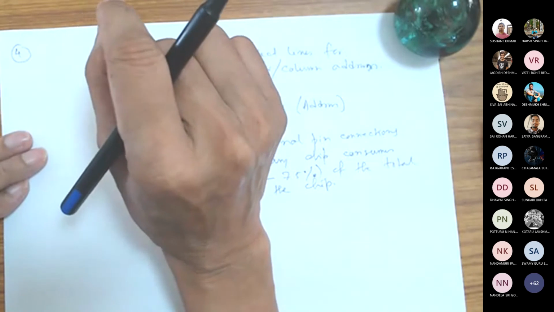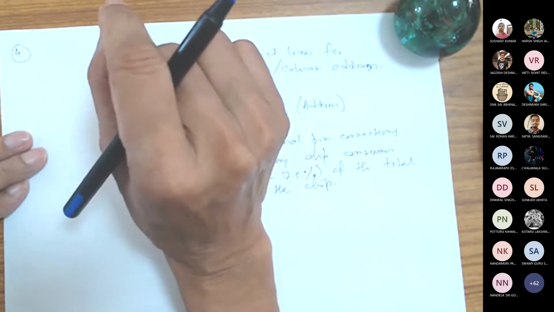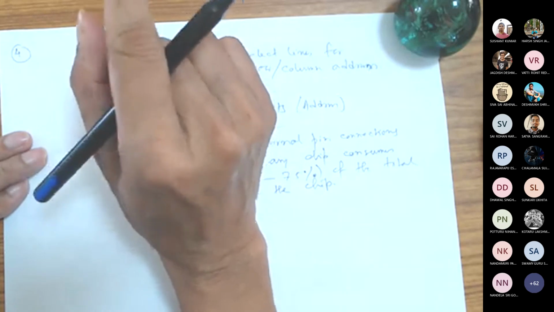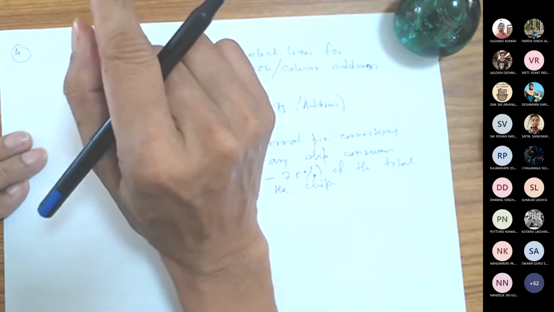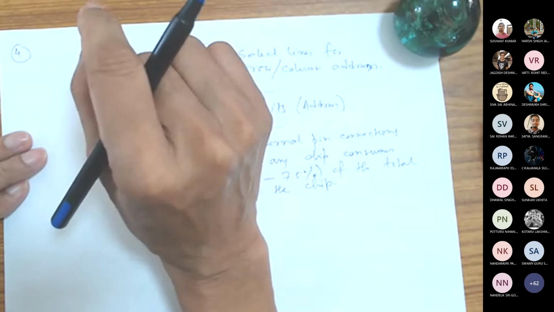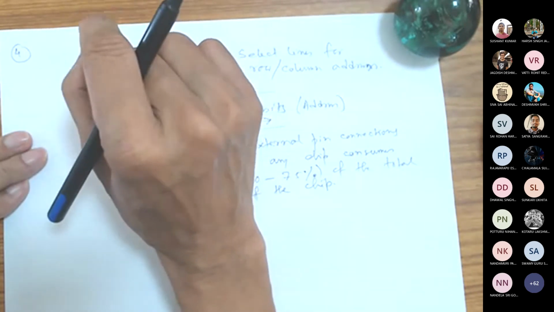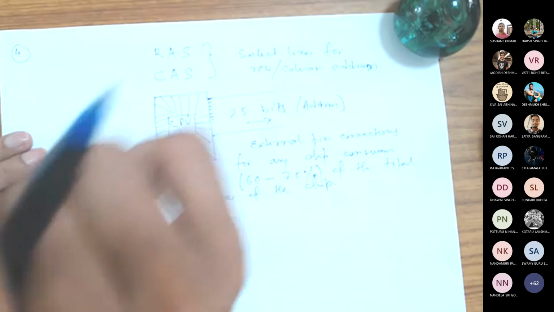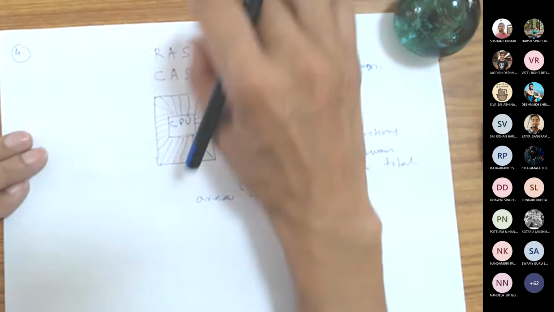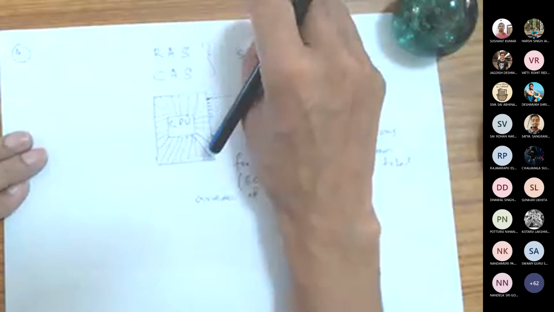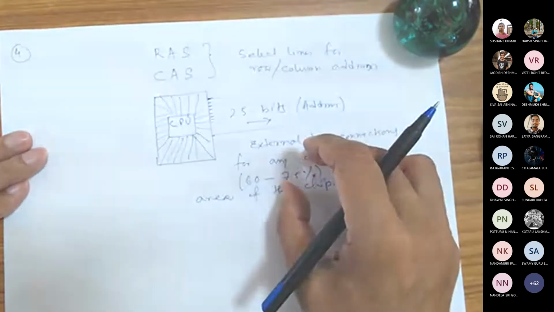Correct. From outside, you think it will take time, but if you look into the complexity of the decoders, the decoder also takes time to decode the address. By the time the decoder gets ready for the row, you can actually give the column address. That is the reason it is practical to split the address into two parts. One goes first, it gets latched, then the other one goes.